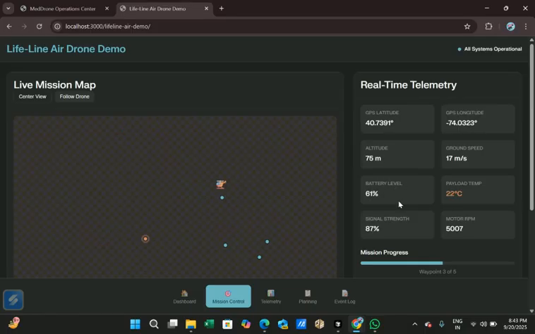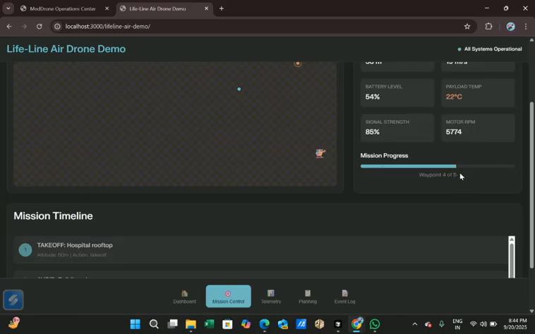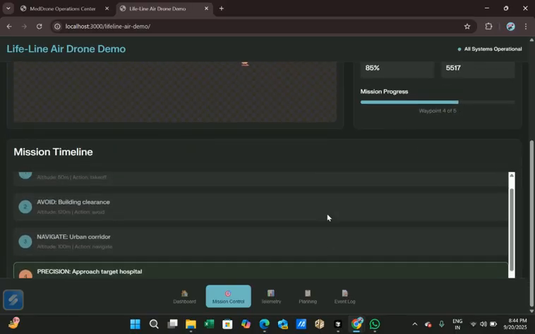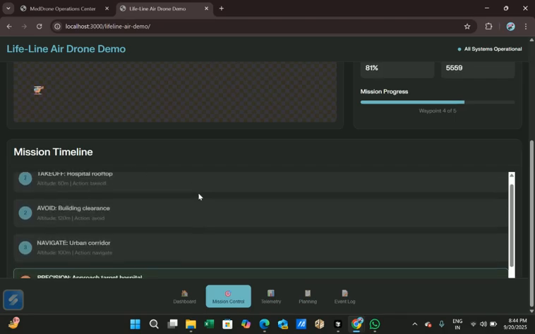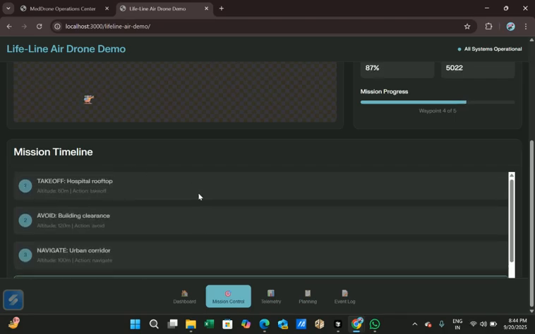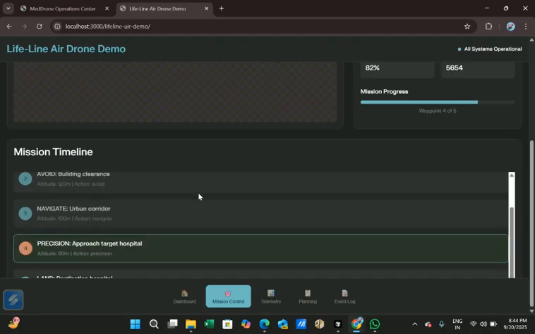Before the mission was started, the battery level was 100%. Now after the mission has started, the battery level is decreasing. This is the signal strength, longitude, latitude, and here the mission is in progress. This is the timeline, a summary of how the drone is moving, whether it is reaching or not, and the progress report of the drone. Right now it is going to approach the target hospital,